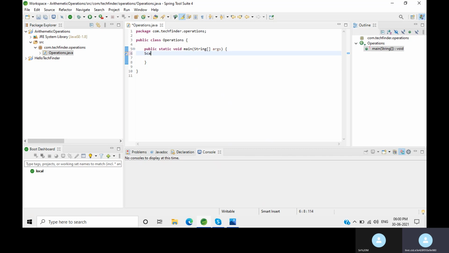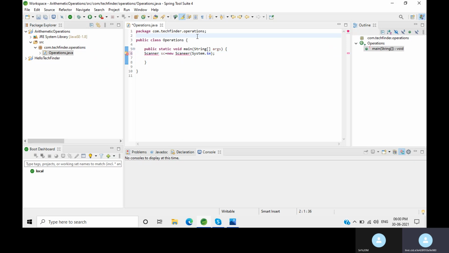For that, Scanner sc equal to new Scanner of System.in. Here we need to import the Scanner class. The Scanner class is present in the java.util package.